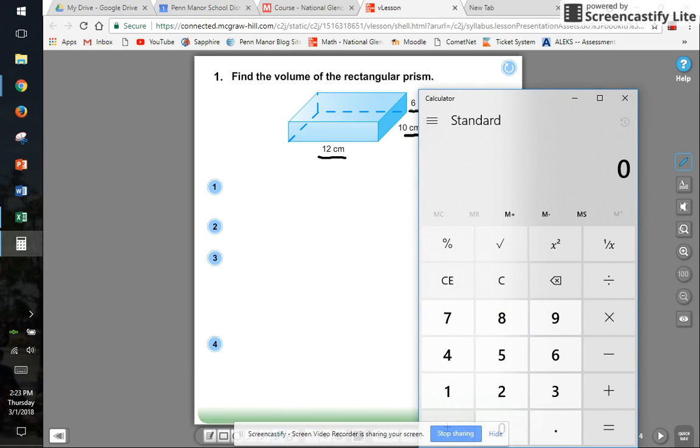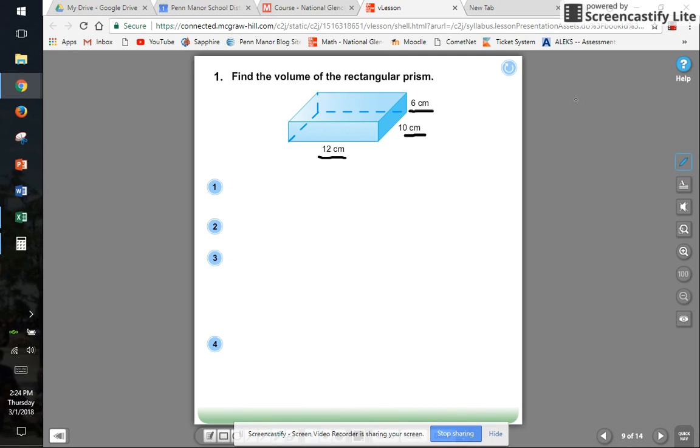Okay, there it is. So we have 10 times 6, and that equals 60. And we're going to multiply that times 12. It comes up to 720. Ladies and gentlemen, this container holds 720